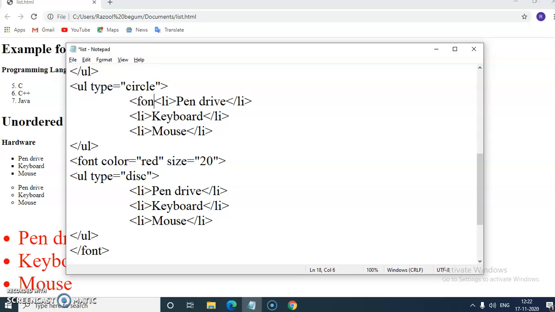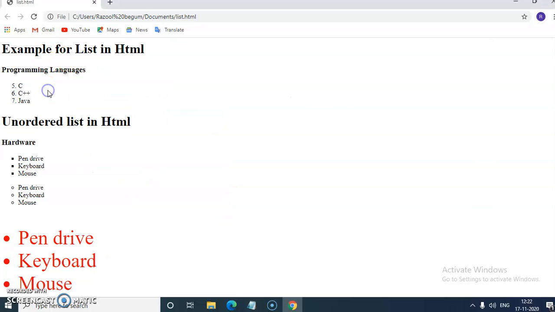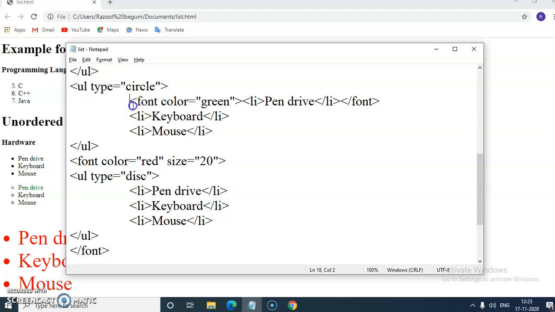Then for this, if I give the font tag color is equal to green, and then I start, close the font tag, save this and refresh the screen. So I think it was wrong, so I'm going to change this to the entire